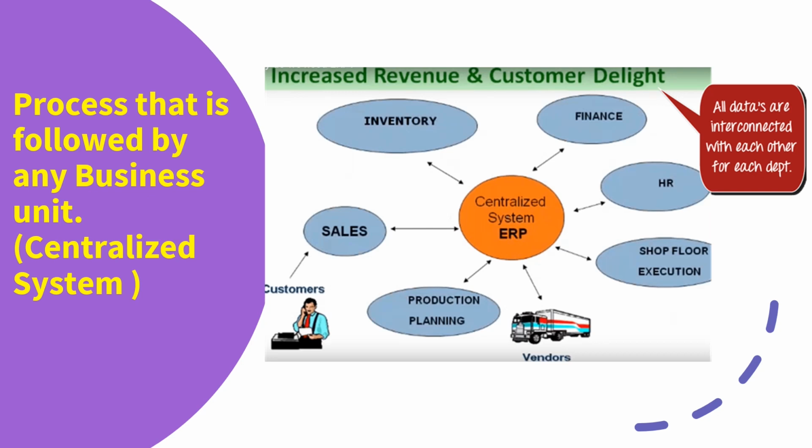Sales team respond to customer request on time, and it leads to revenue increment. Also, customer will be happy with this kind of response. In case manufacturing is required, the sales team update the centralized database so that the department remains informed about the manufacturing as well. So production planning department is also updated by the central database for the requirement.